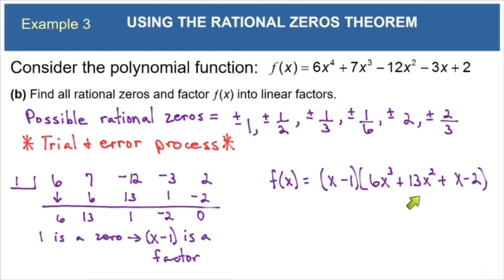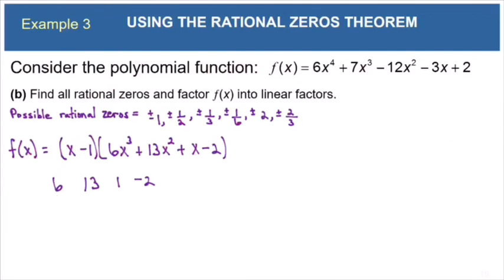Now, if this were second degree, in other words, if this were quadratic, we could factor on our own from here. But notice that it's still third degree. So now what I'm going to do is I'm going to use the same P over Q list, and I'm just going to pick another whole number from the list and see if I can find a 0 of this function now. So now I'm going to go to a new slide, so I'll just have a little more room to work, and let me catch you up with where we are.